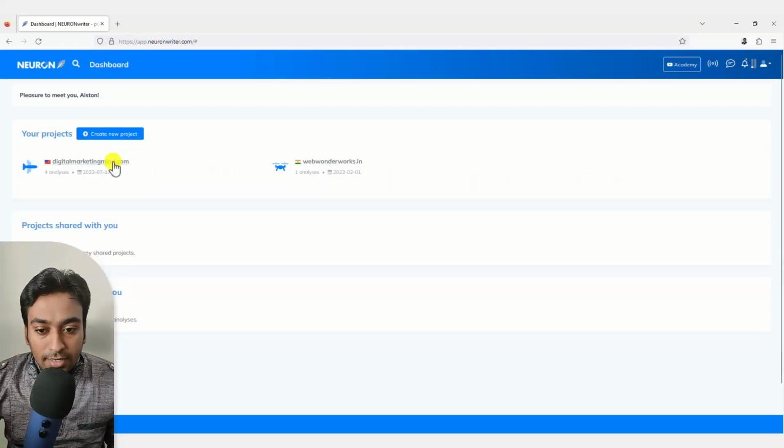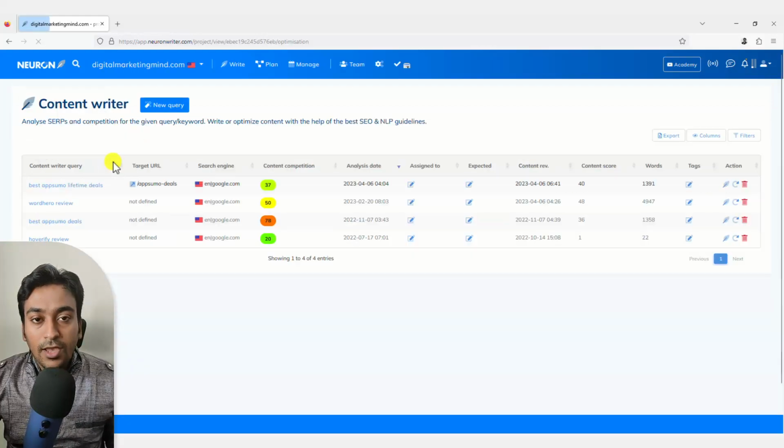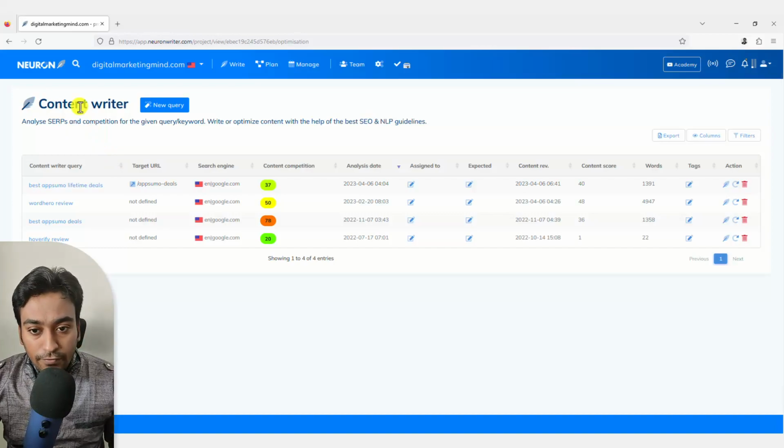Once I click into the project I've created, it will open up a new screen which will showcase all the functionalities and features for that particular domain or project. Let me go through this in a logical order so you can understand it much more effectively.